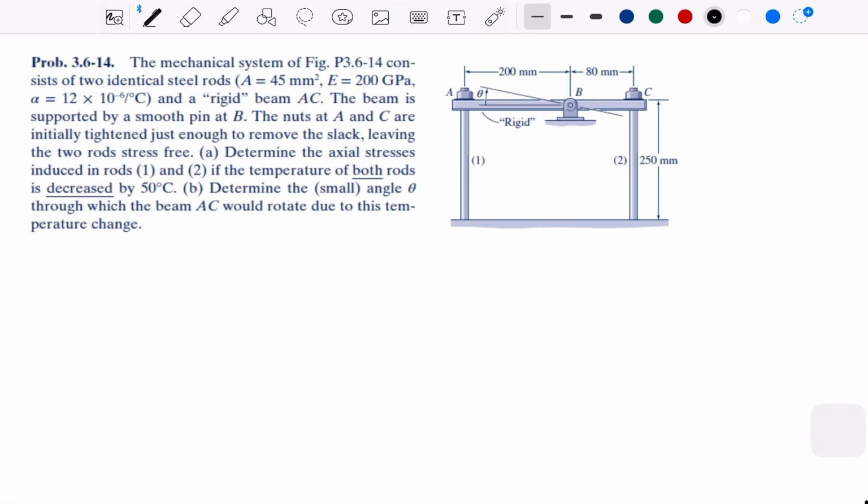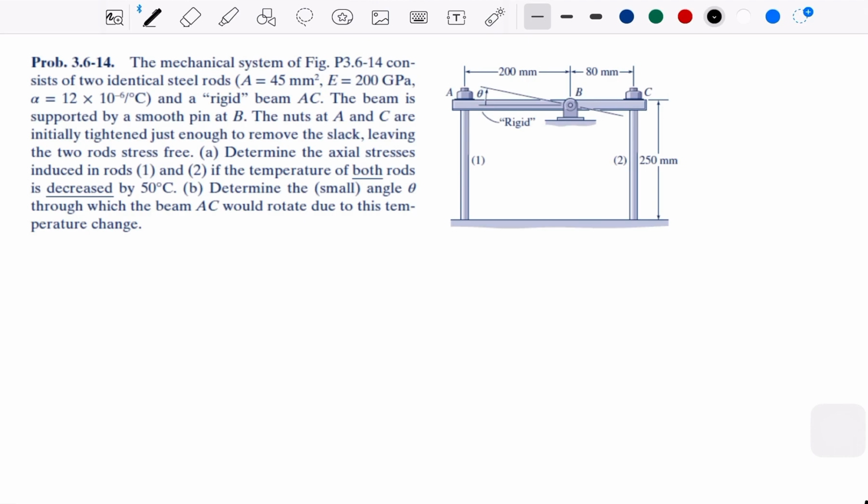And then the nuts at A and C are initially tightened just enough to remove the slack, leaving the two rods stress-free. So we are not really worried about the stresses there because it says it's stress-free, but that's also